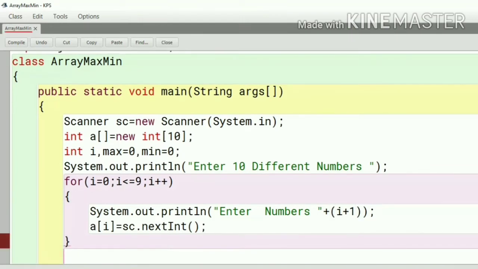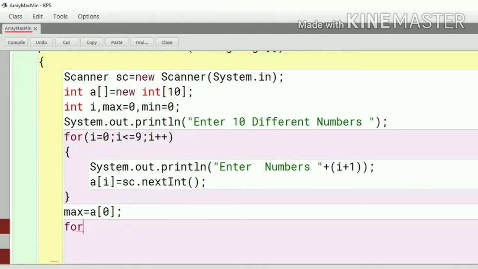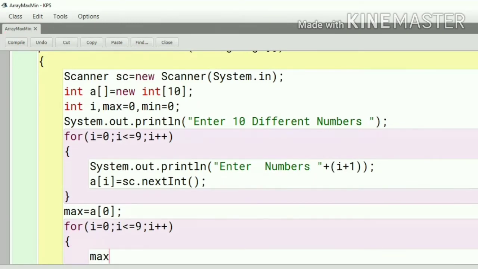Then for this part, first initialize max equal to the beginning one, always initialize with the beginning one. So array 0, this part is for the maximum. First we will find out the maximum, after that the minimum. For i equal to 0, i less than or equal to 9, and i++. So here compare max.